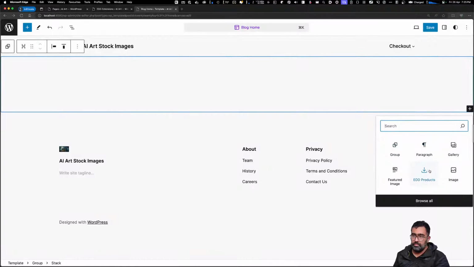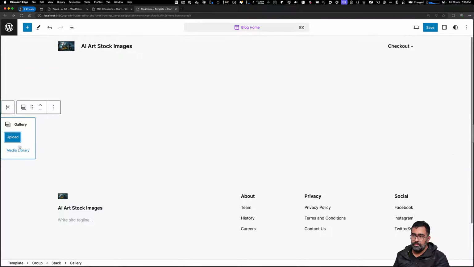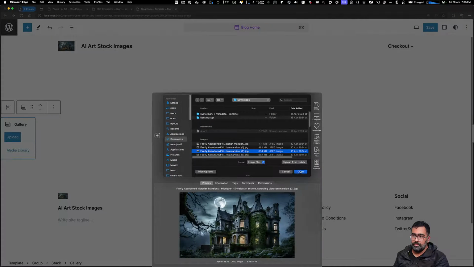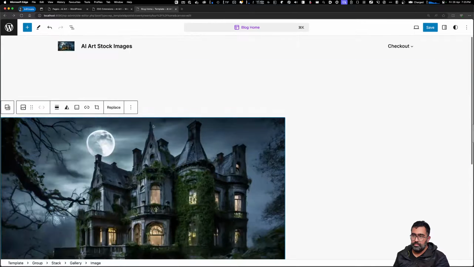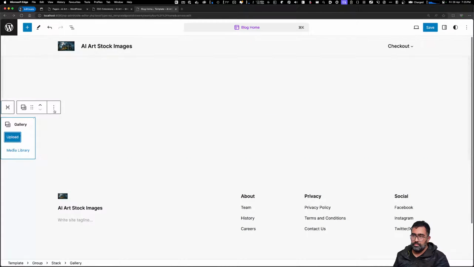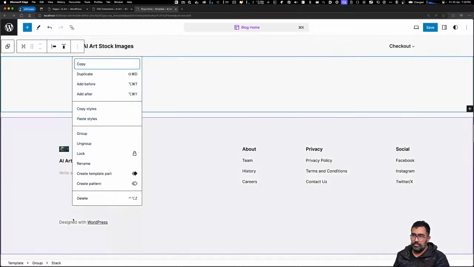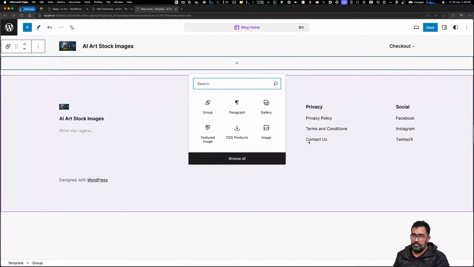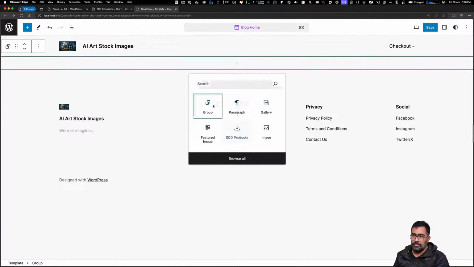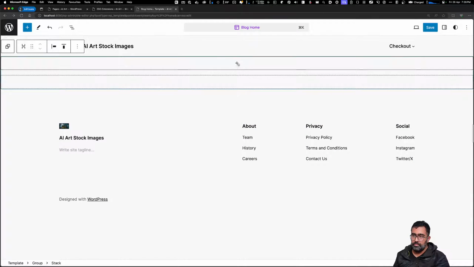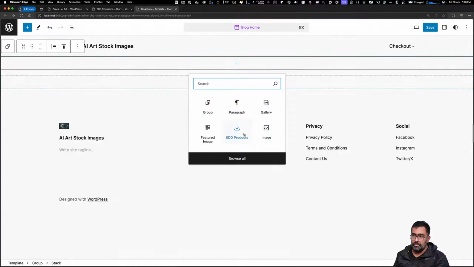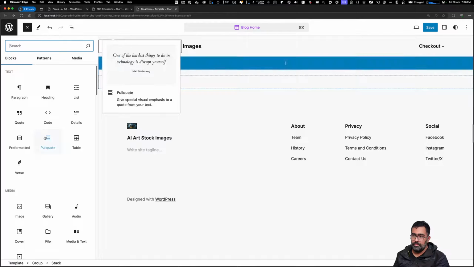And in the featured image, we will just use a gallery and we can just say upload. And let me open this image and no. Let's not worry about that featured image. Let's delete that as well. So that's what we got. That's here. Nah, let's get rid of this as well. Click on the plus button and I would like to create a group and I will select this. And in this one, I will simply browse all again and I will simply go ahead and